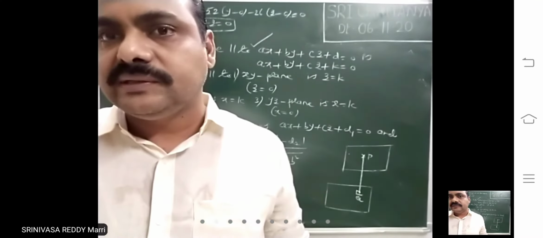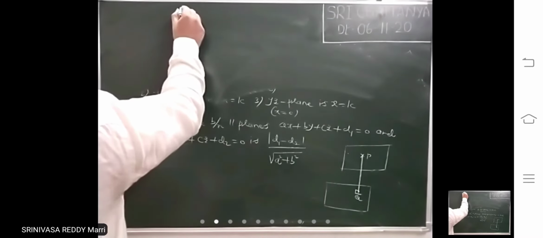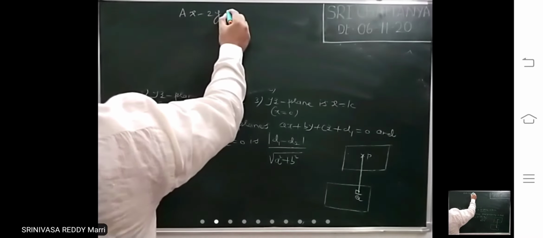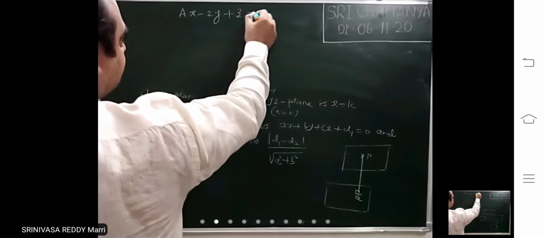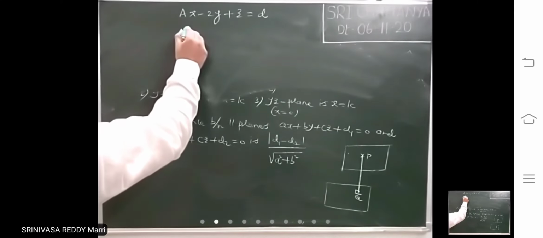Write the problem. If the distance between the plane ax minus 2y plus z equal to d, and the plane containing the lines,